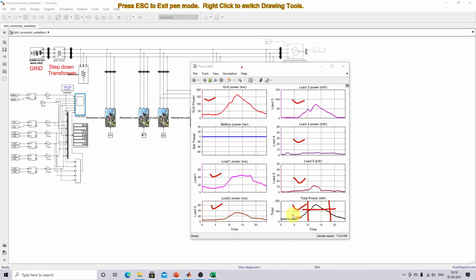And at the same time, during off peak hours, you have to charge the battery, or charge the energy storage element, by means of the grid system. So this is going to be implemented in the simulation. So here also you are going to manage the demand side. The load demand is going to be managed, as well as the generation portion is also going to be controlled by means of the energy storage system. Okay, so how it is going to be implemented by means of a neural network when we connect the battery with the grid system, that is going to be